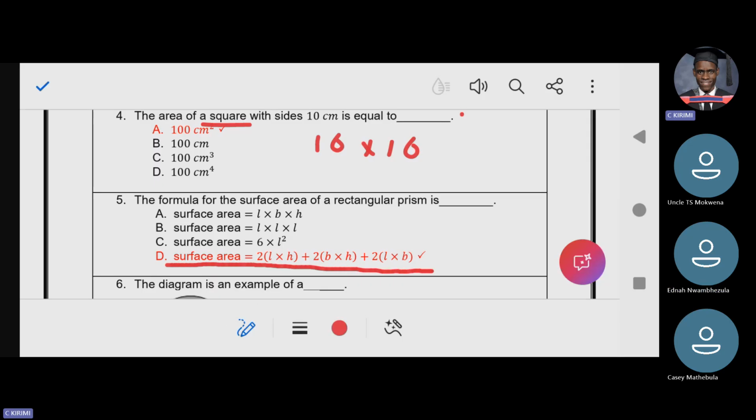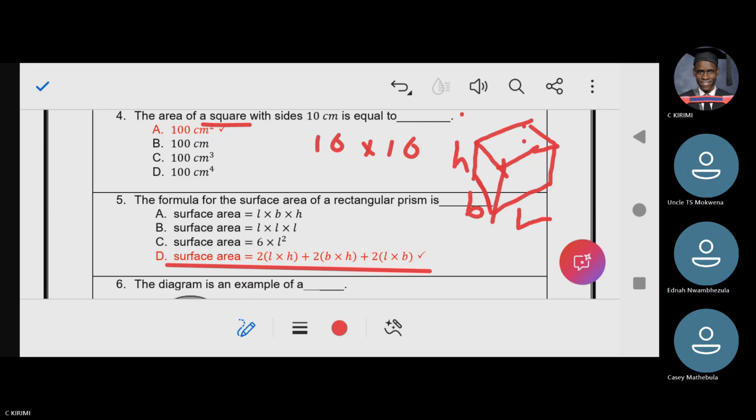Can you see this formula now? You don't need to memorize it. What you just need is to draw your cube, your rectangular prism. After you've drawn, you label your sides: this is my length, this is my breadth, this is my height. Because these shapes exist in pairs, you just put times 2. Length times breadth, the base, times 2, bottom and top. Breadth times height, the front and the back, times 2. Length times